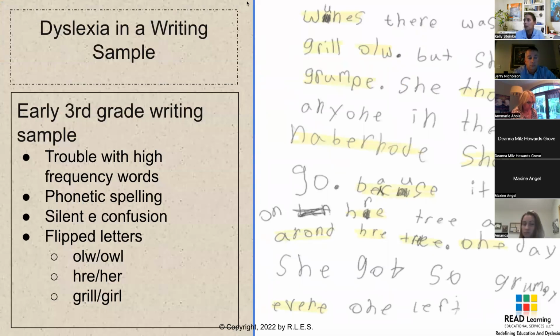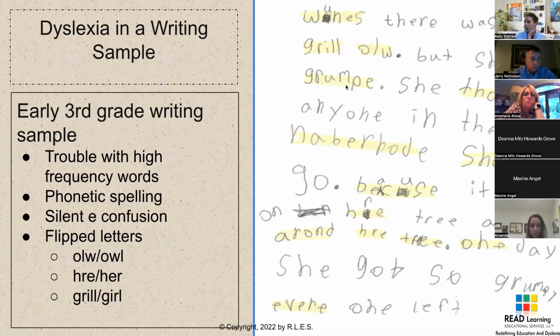This student was an early third grader, not dysgraphic. The teacher gave her paper without lines for some reason. Maybe this was a free write, but it's really pretty legible handwriting. But you're going to see some of the telltale signs of dyslexia in this writing sample. Trouble with high frequency words, phonetic spelling, silent E confusion, and you're going to notice a bunch of flipped letters